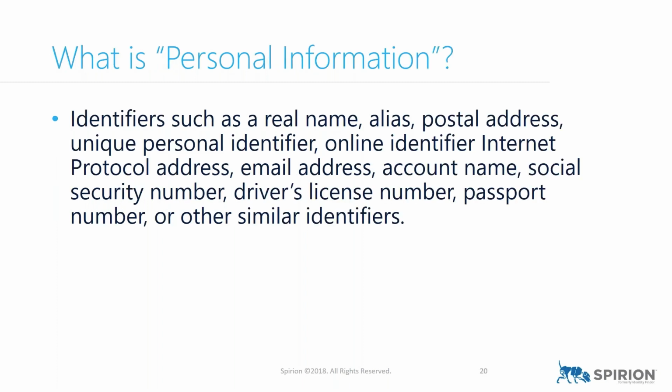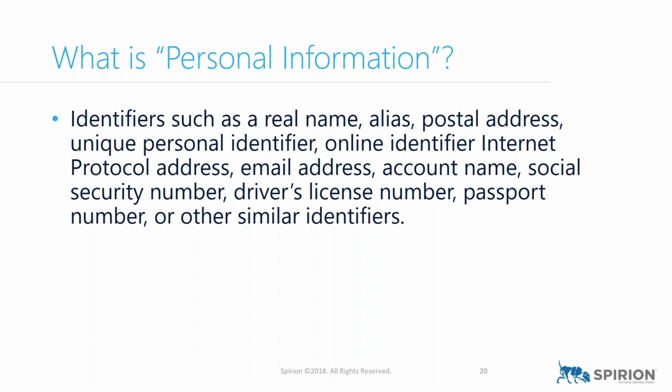Personal information. This is what's really shocking about this: you may think, okay, it's going to be the same stuff that I've always dealt with. It's going to be IP address, email address, social security number, driver's license number, and that's true. Those are things that are easily recognizable and relatively easy to find. So that's great, but wait, there's more.